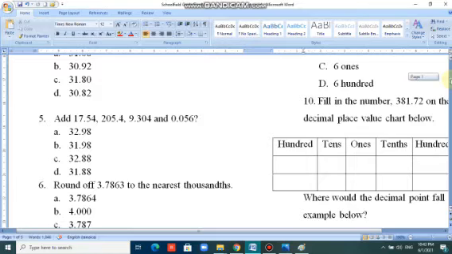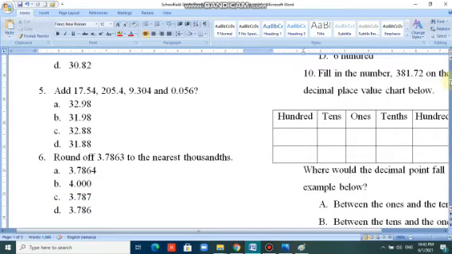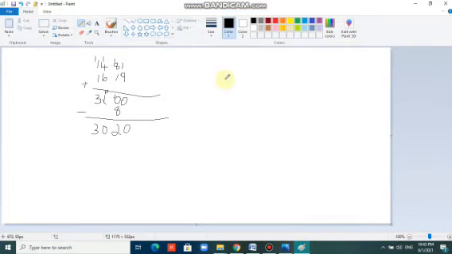So let us look at the 5th question. So it says add 17.54, 205.4, 9.304, and 0.056. So let us add. So I go to my blank page here. So I add